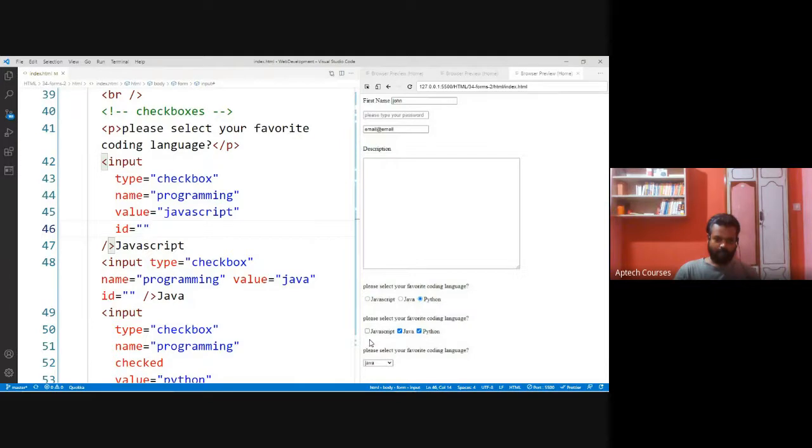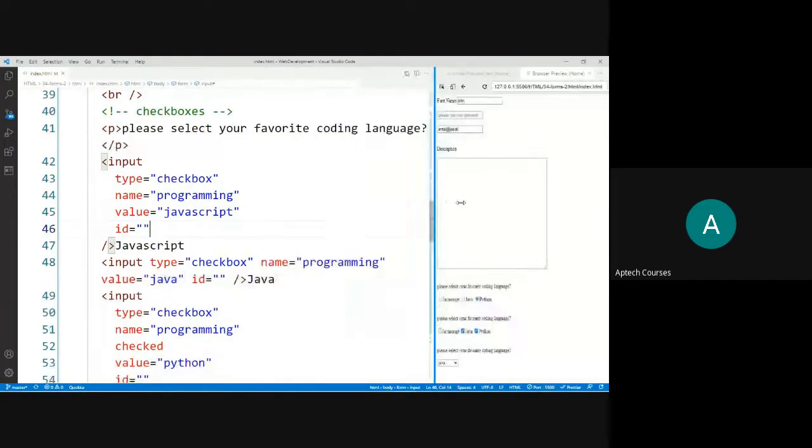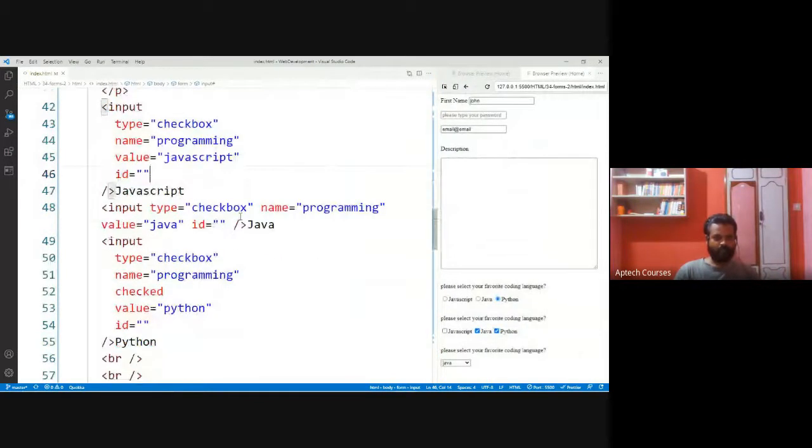Here I'll develop one more input, select all. If I click on select all, these checkboxes will be selected. If I uncheck select all, these will be unchecked. We can get that kind of functionality. That is why we are considering these checkboxes as one group.